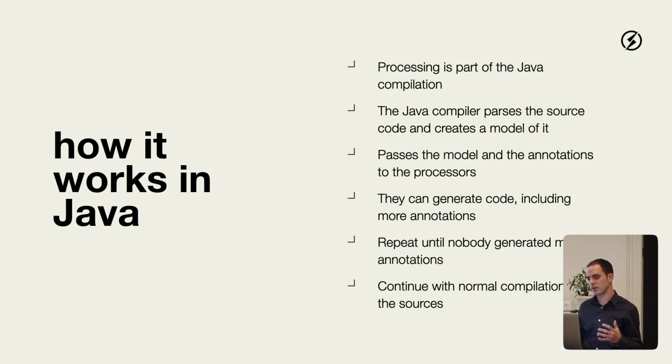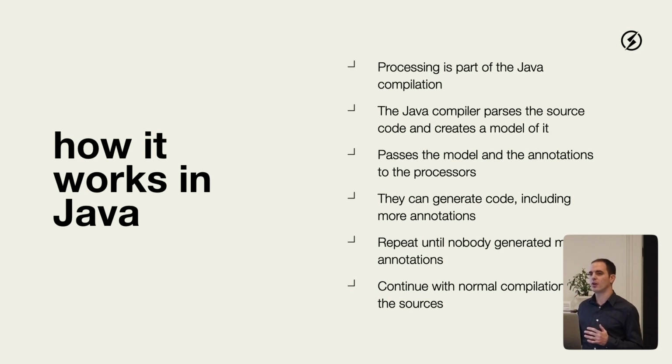So this model is generated, and then this model and the input annotations are passed to your annotation processors. Then your annotation processors will run, and they can generate code. However, this can also generate new annotations, and those new annotations have to be processed again. So this whole thing is